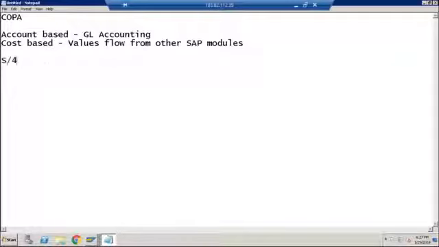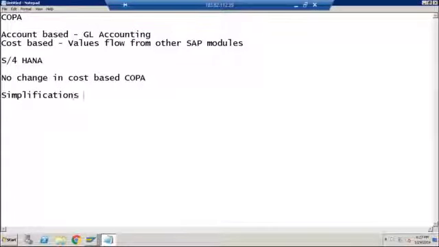So in SAP S/4HANA, there is no change in cost based COPA. Cost based COPA is available as it is without any simplification. Simplifications are only available in account based COPA.